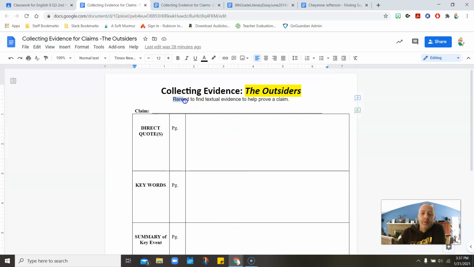And again, guys, the key is to reread. You know what? You have to reread. That's the only way that this is going to work in order for you to get some of this done. So reread The Gift of the Magi, reread parts of The Outsiders that are going to help you support your claim. All right? You guys that are in class on Monday, Tuesday, we'll deal with this and probably talk about it. I will be looking at everybody's claims and evidence. Some of you guys, I'm going to have you share your documents with me so that we can work on them together. And on my Thursday, Friday kids, you're doing the same thing. So everybody's kind of doing the same thing.